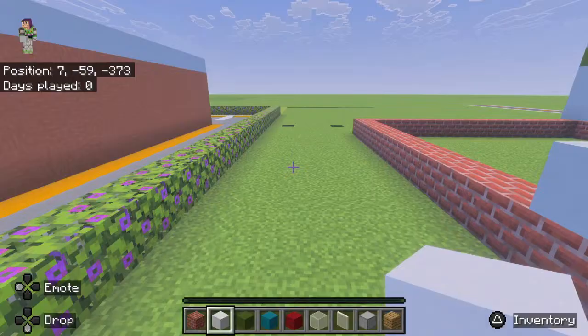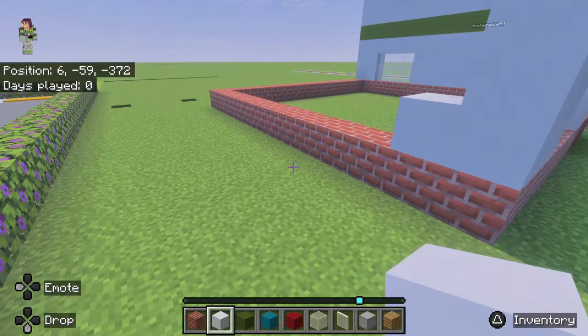All you then really have to do is place all of the white concrete on top of the bricks to build up the walls and around the window. On top of the window, you have to add in the